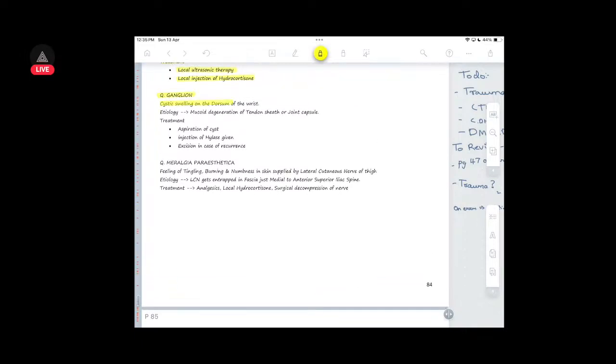Ganglion is a cystic swelling on the dorsum of the wrist. Etiologically, it is some mucoid degeneration of the tendon sheath or joint capsule. For treatment, you provide aspiration of the cyst, injection of hyaluronidase is given, and excision in case of recurrence is to